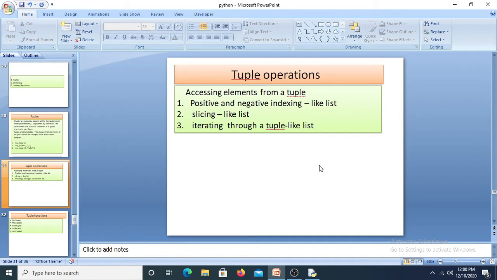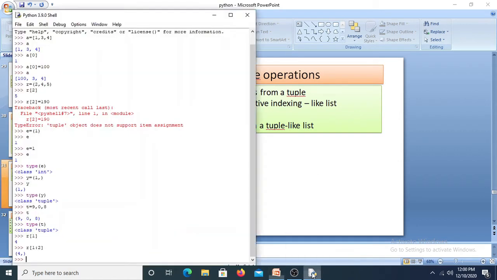Iterating through a tuple, we can do it like a list also. For example, I create one tuple here. How do we use the iteration method? Iteration is nothing but looping. Let me take a different value here. ds is equal to 1 comma 2 comma 3.